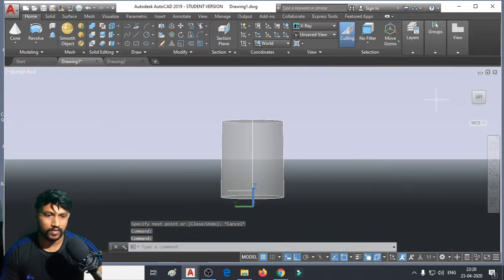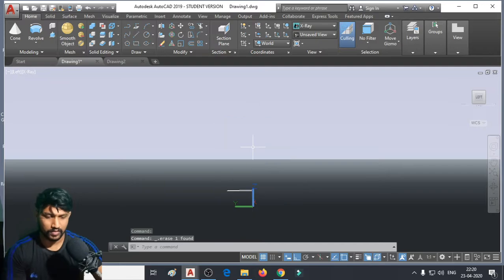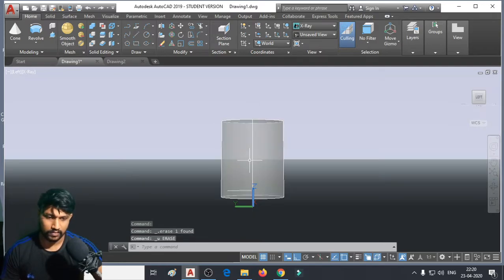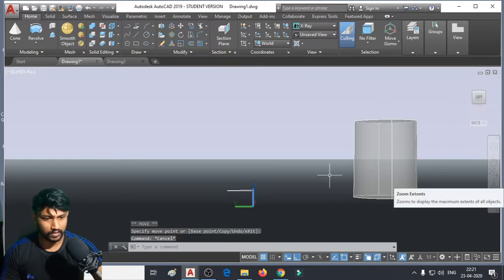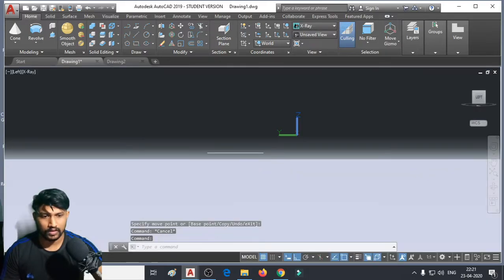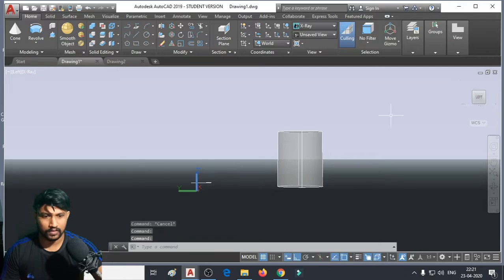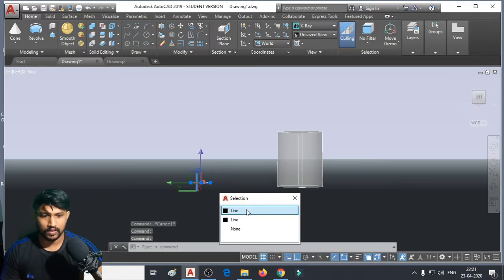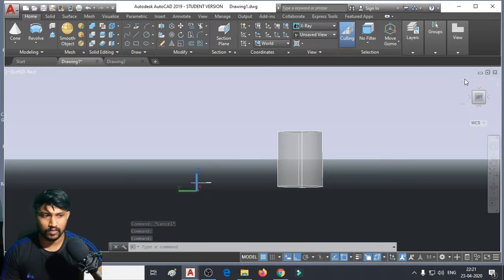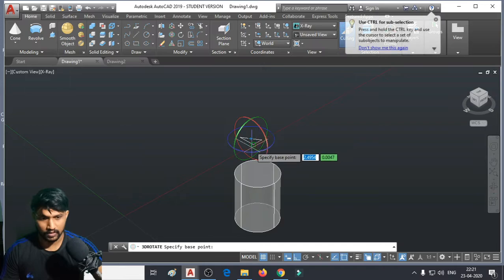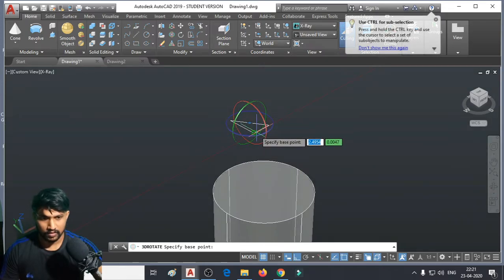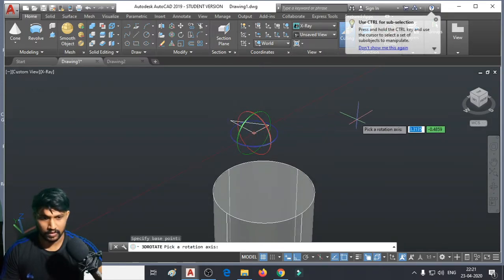So let me go to the left side view. Let's move this one. Now let us select this one here. Use the 3D rotate command. Rotate this one about this particular base here.